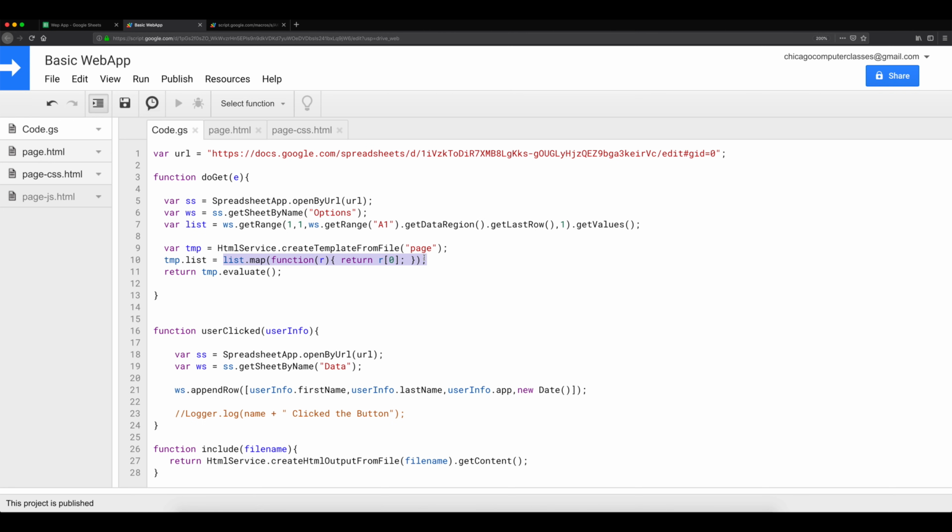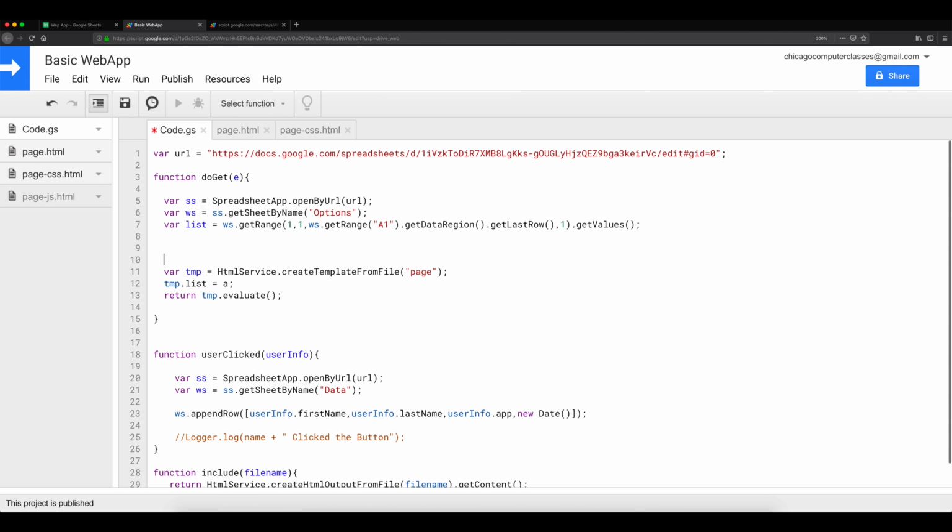what I want to do is create that option thing, remember? And instead of passing this list over here, let's just set this to A for now. I'm just going to go back and take this same thing, and I'm going to do var HTML list array. As I'm mapping through this, instead of just doing the value, I'm going to create my string right here in my HTML. So I'll do my option